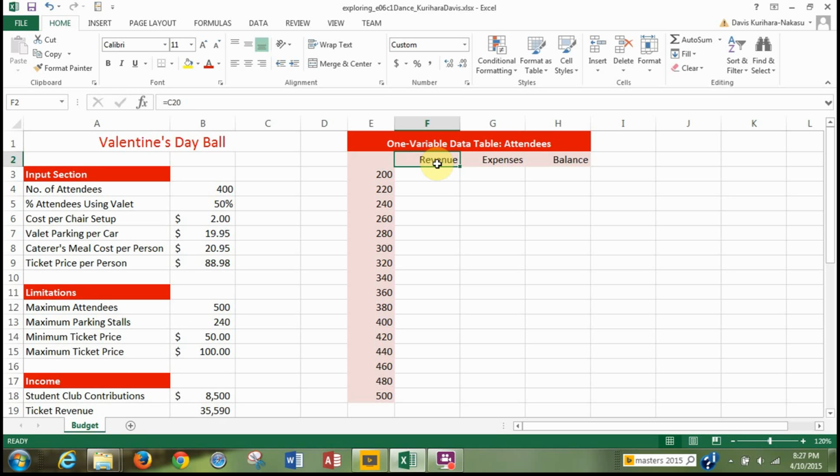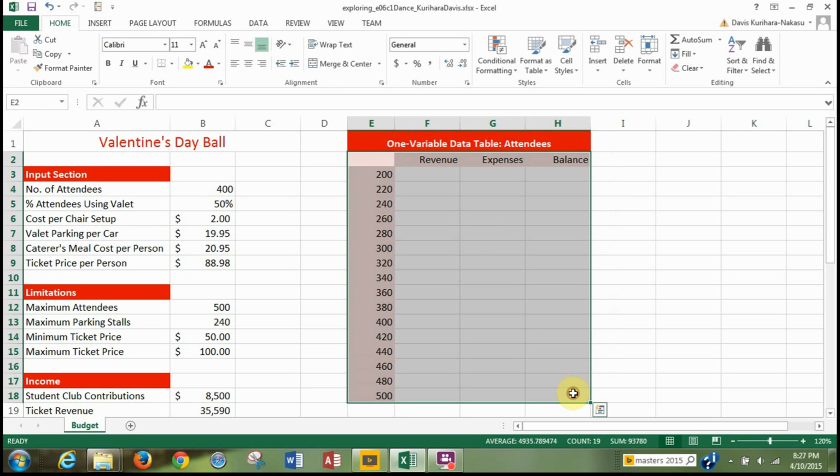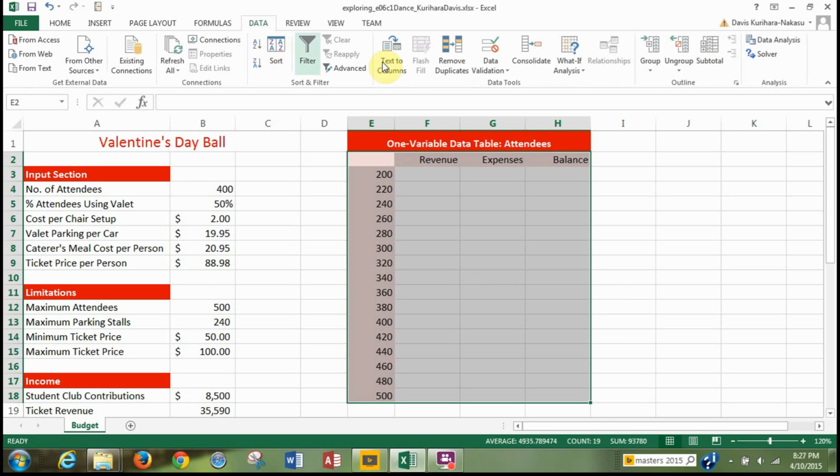Next is a kind of tricky step. We're going to create a one variable data table. This is step 6. Create a one variable data table for the range E2 to H18. So let's highlight E2 right here to H18, using the number of attendees as a column input cell. So to do this, we have that range highlighted. We go to the Data tab, and then we want to look at What-If Analysis right here, and then we want Data Table. So it's the third option, Data Table. You click that,